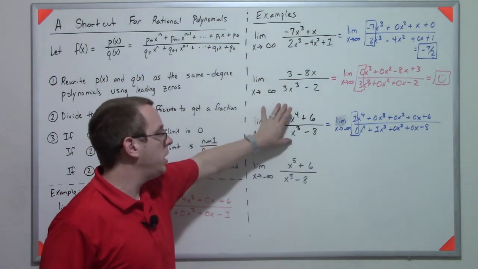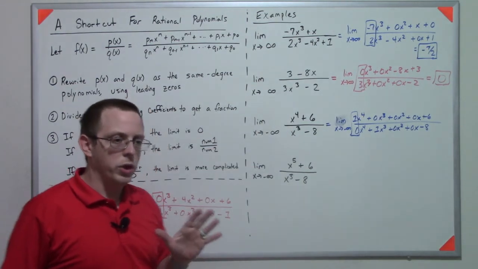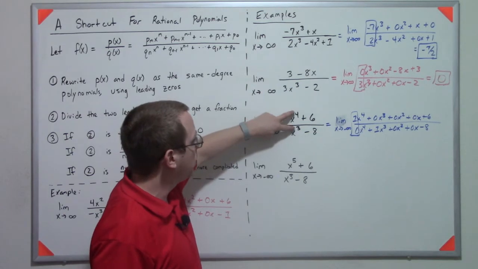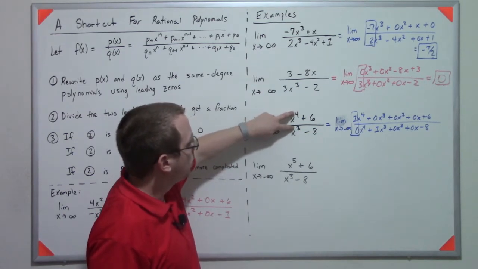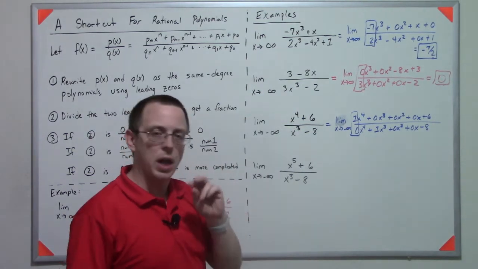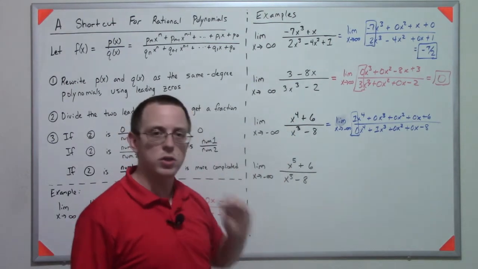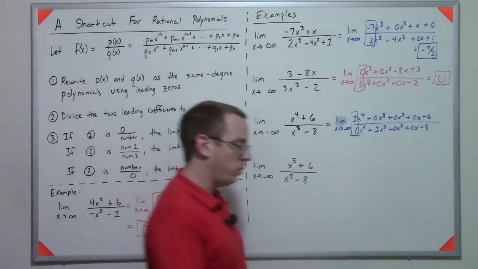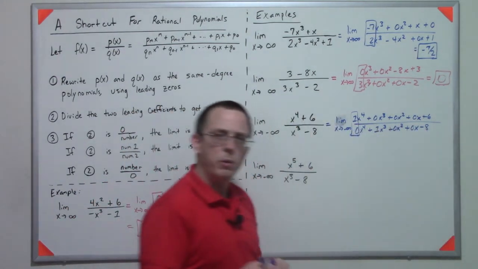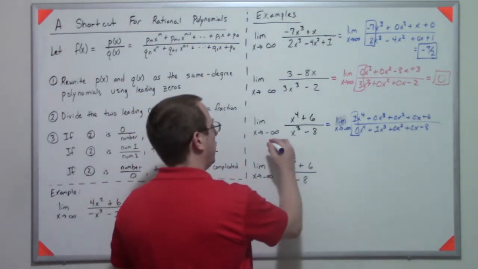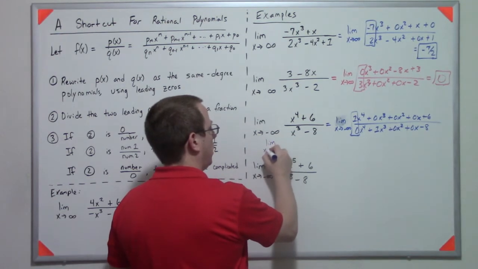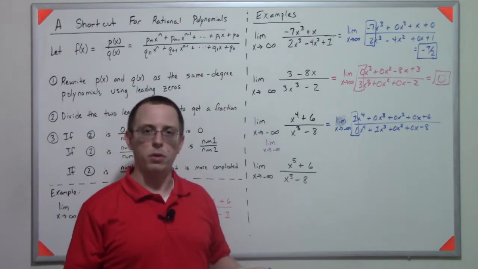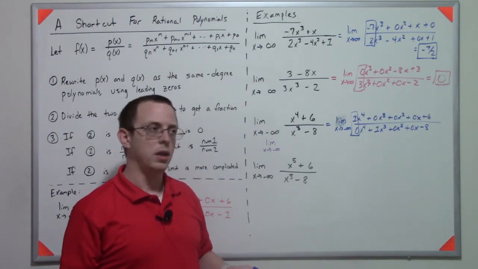So in this particular case, what you want to take note of is the fact that the difference in these exponents is 1. So it's a fourth versus a cubed. And that matters because I'm going to rewrite this the other way that we used to do it, the way we did in the previous section, where we would say the limit as x approaches negative infinity of, if I factor out an x to the fourth from everything,